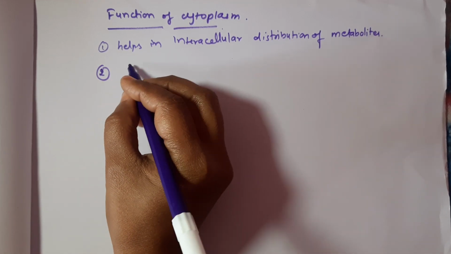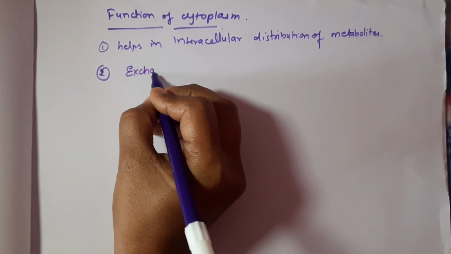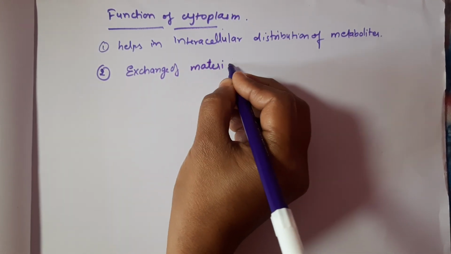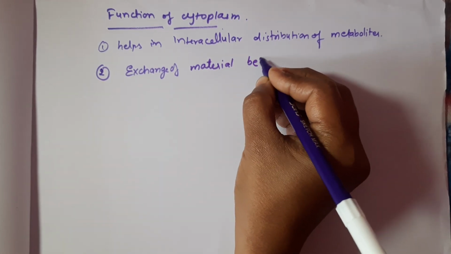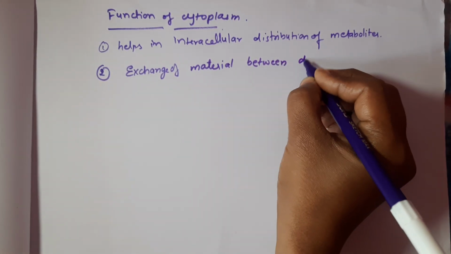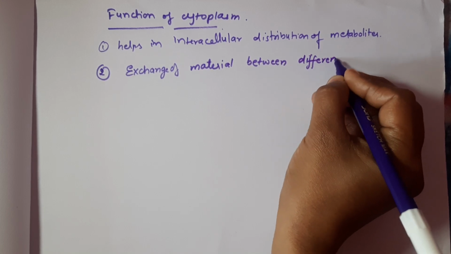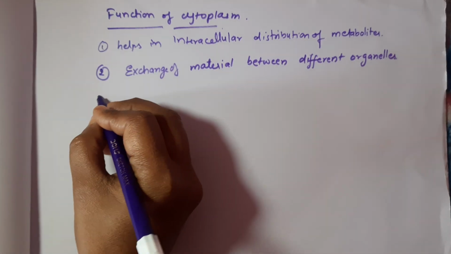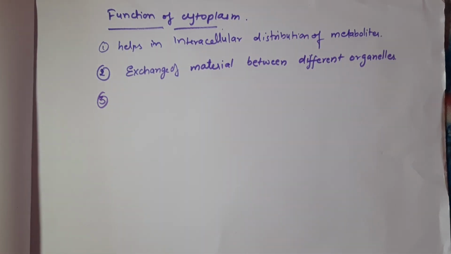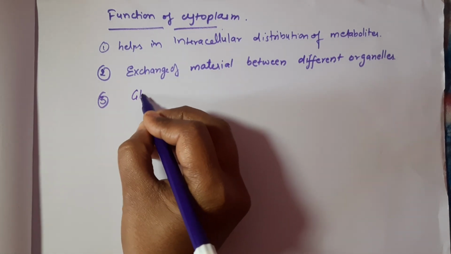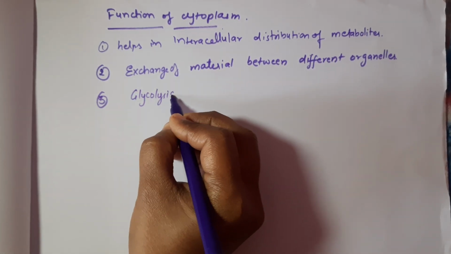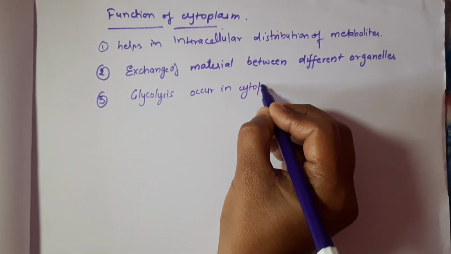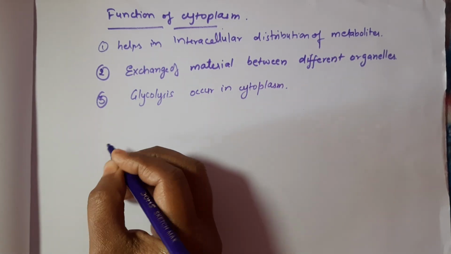The second is exchange of material between different organelles. The third function is that glycolysis takes place in the cytoplasm. The fourth is